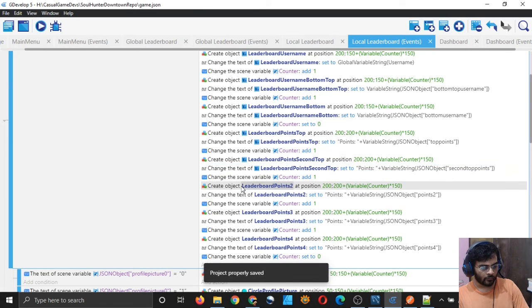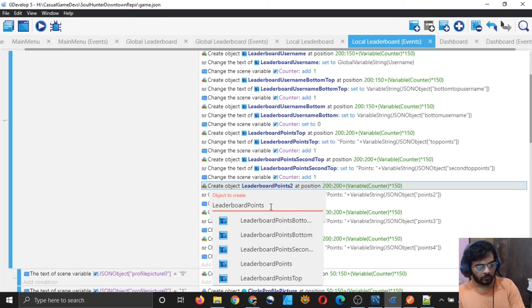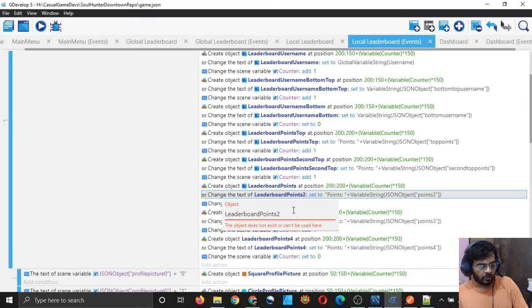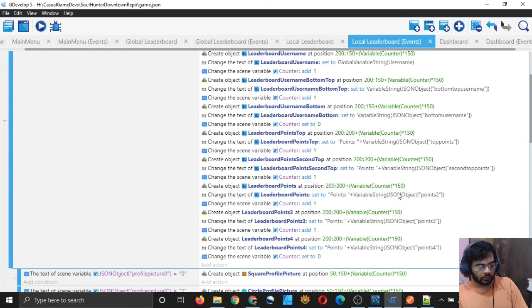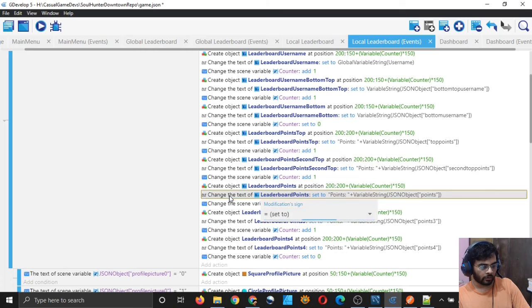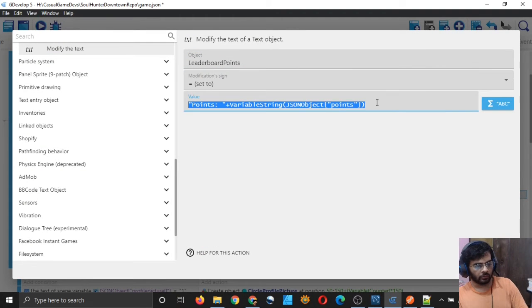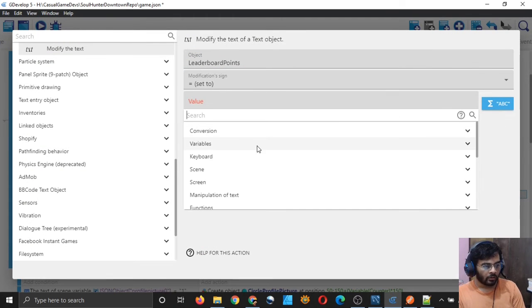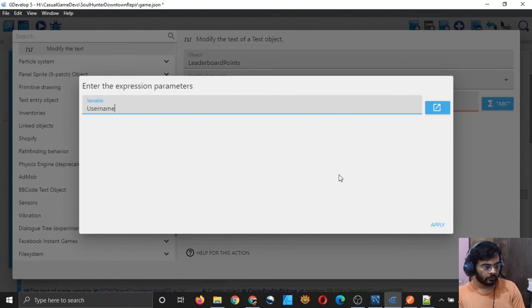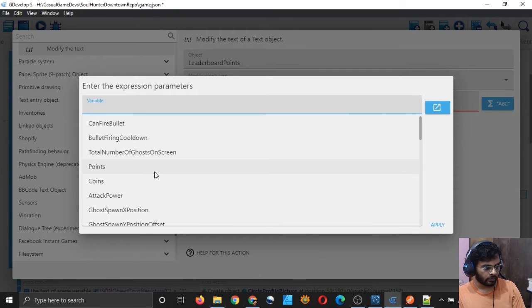Okay, and this should be simply leaderboard points, because this is the points for the user who has requested the leaderboard, right? So there you go, and here simply do this. We have to choose the global variable, right? And remove all this and type variables, text for global variable, and simply the username. Wait, not the username but the points, right? Points.